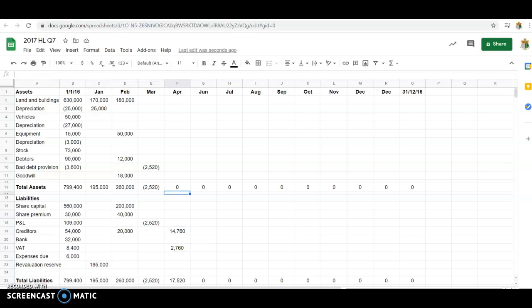So as I said, if there wasn't VAT already in this question, I would be creating a VAT asset of 2,760. So what I'm going to do is take 2,760 away from my VAT liability. So instead of having to pay €8,400 over now to the revenue commissioners, I'm going to have to pay over, subtracting those amounts from each other,